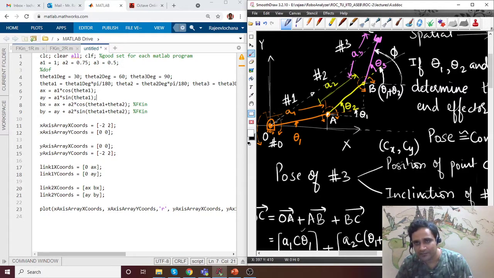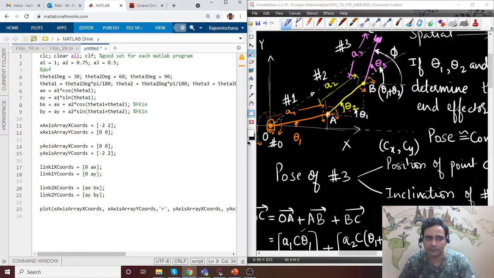Now B will have XY coordinates, which will be AX plus this horizontal distance, which is AX plus A2 into cos of theta 1 plus theta 2. This is part of the 2R manipulator till point B. Similarly BX, BY have been done.